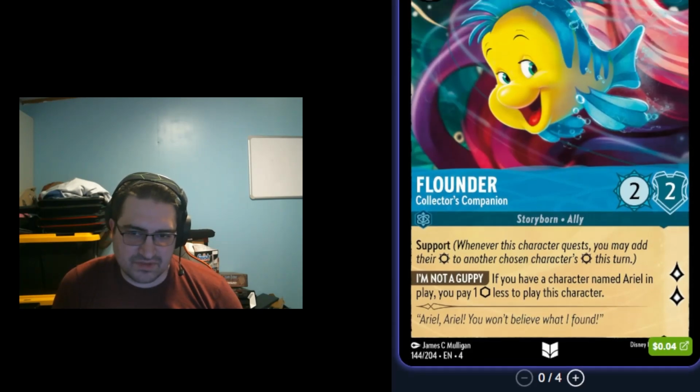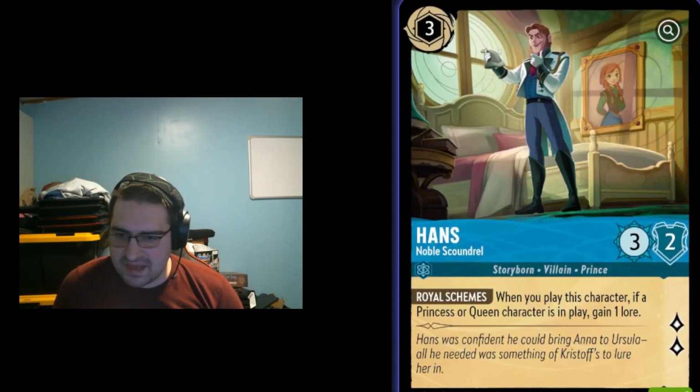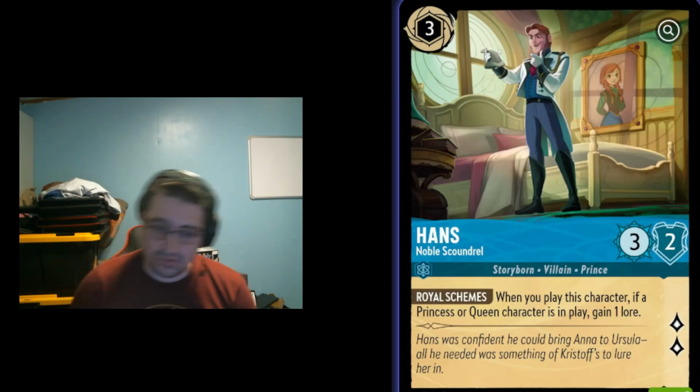Otherwise you're just playing like the 2-drop Aurora, which means you have a shift target for a pretty strong card. Hans, again, good in the purple princess deck in my opinion. Not a bad card at all. Quest for when he comes into play, he's goat and gets the lore, and then he is a pretty decent threat with stats. 3/2 allows you to make some good trades if you need to,